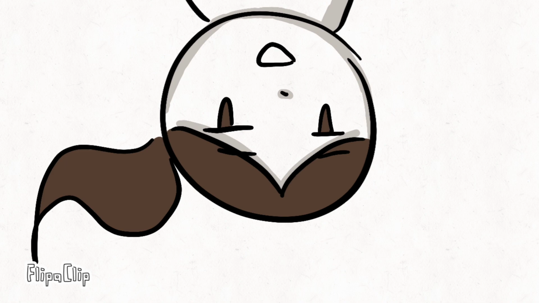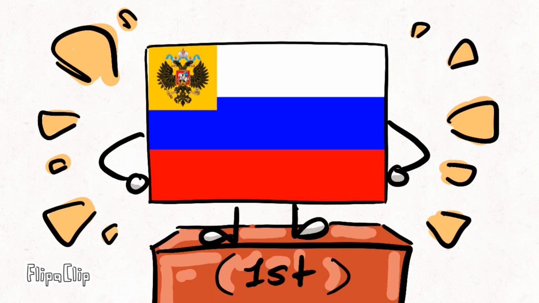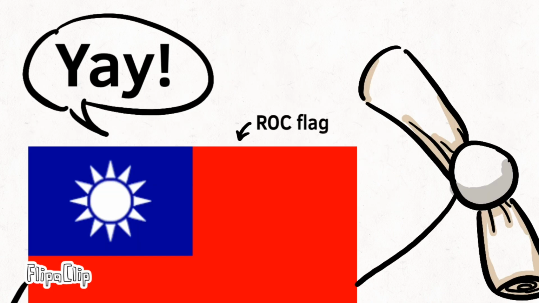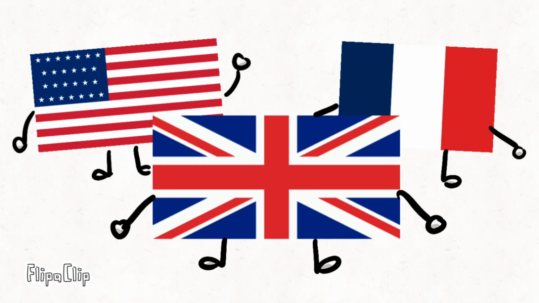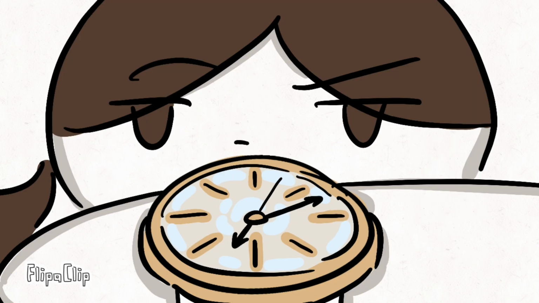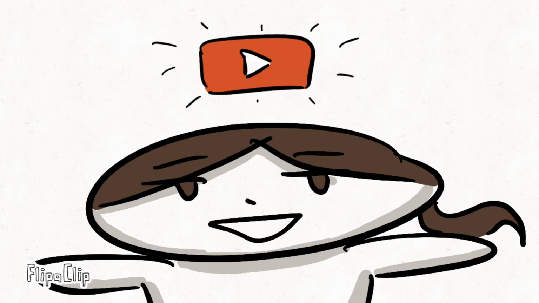The slow rollback. Gradually, foreign powers began to give up their privileges in China, starting with Russia in 1917 after the Russian Revolution. Between 1928 and 1931, Chinese nationalists regained some tariff autonomy, but full extraterritorial rights weren't relinquished by the US, Britain, and France until 1946. Territories like Hong Kong and Macau weren't returned until much later, Hong Kong in 1997 and Macau in 1999.